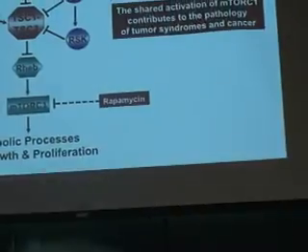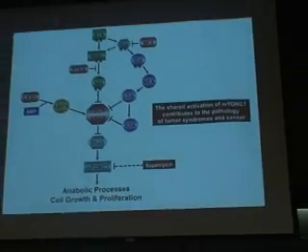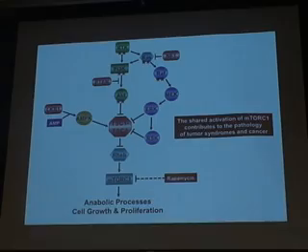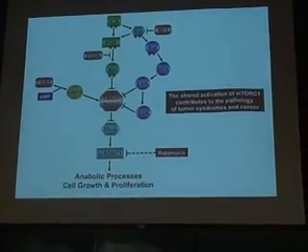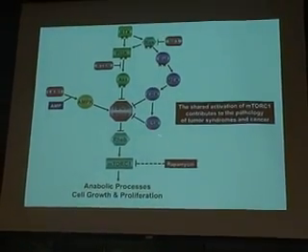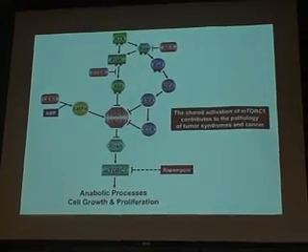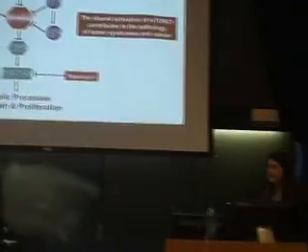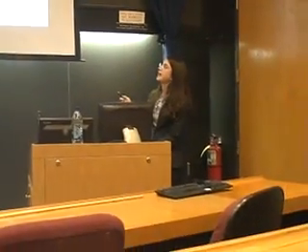mTORC1 is also very frequently activated in the most common types of human malignancy, further making this question a very important one in the field of cancer metabolism. You can see that the pathways that lie upstream of mTORC1 are comprised of common oncogenes such as PI3 kinase and RAS, as well as tumor suppressors including NF1, and the TSC1-TSC2 complex itself is a tumor suppressor. So we wanted to ask whether in cancer settings where mTORC1 is activated, whether mTORC1 is required for driving de novo lipid synthesis.